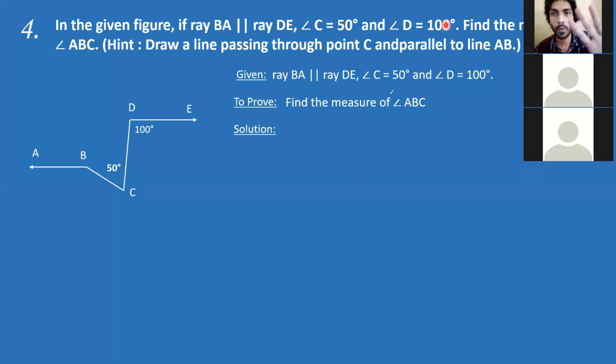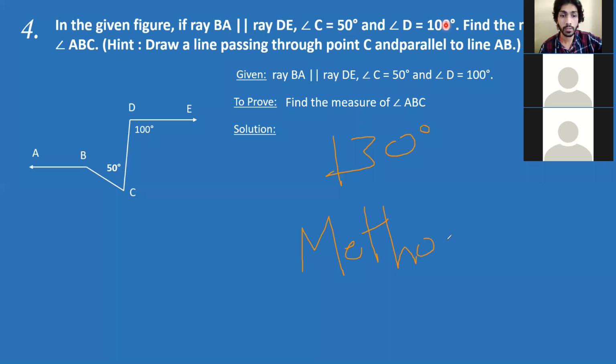So folks, why I did this was that we have three different people with three different ways of solving. The solution is the same, 130 degrees, but three people used three different methods to reach it. This is the beauty of mathematics. I'm not going to be like other teachers who want only the method they taught. I want new methods, because it shows me how much thought and critical thinking you put into it.